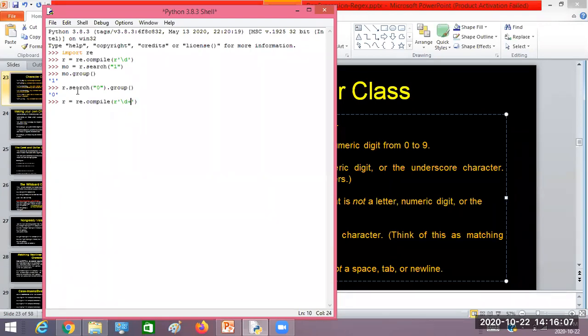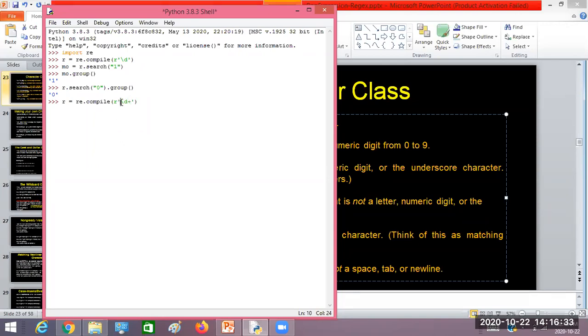Yes, sir. Then what is the representation of this one? Any numeric value between 0 to 9, sir. 0 to 9. The \d is going to match any digit, right? Between 0 to 9. Then what about this plus? It repeats the previous pattern. Repetition. It's one or more occurrences of a previous pattern.